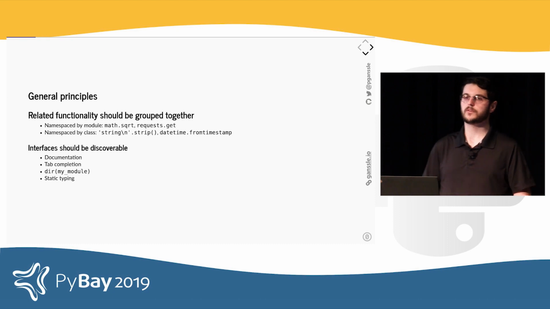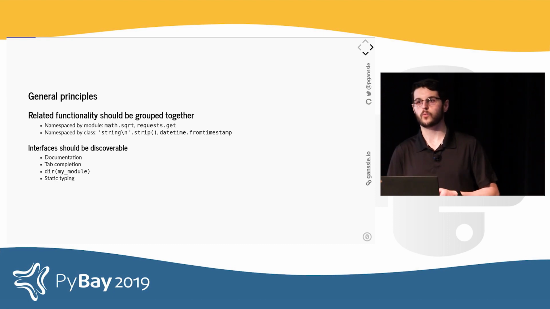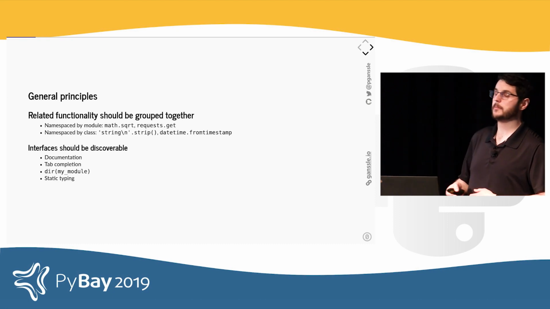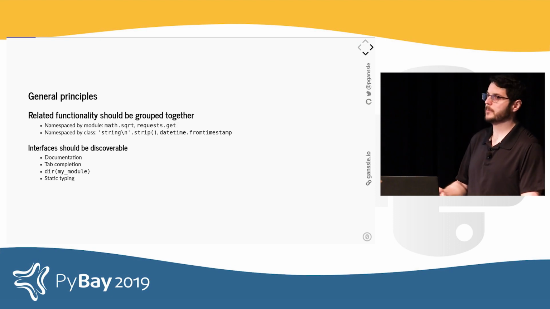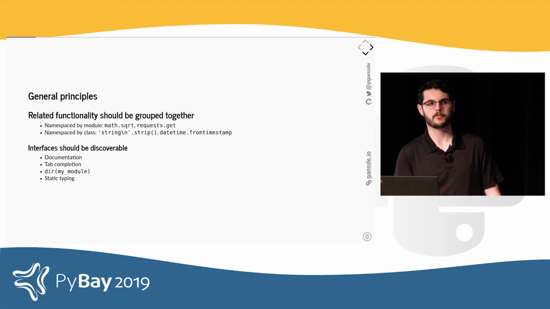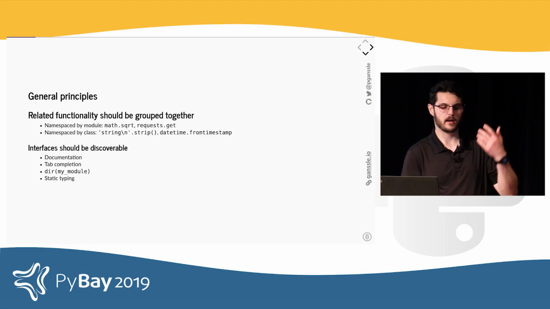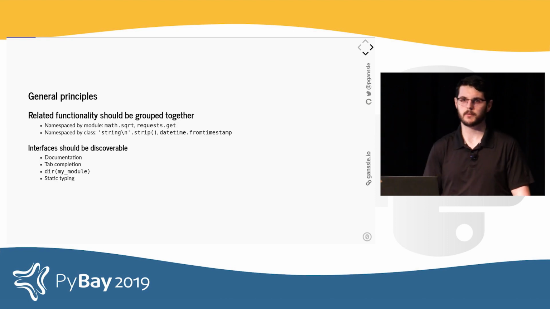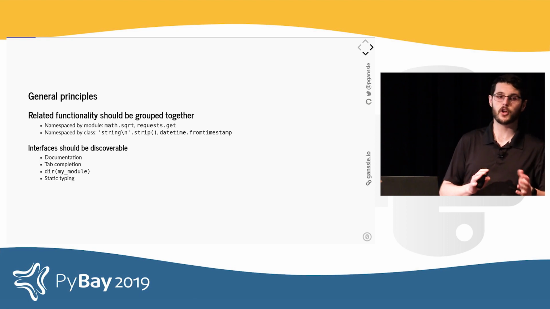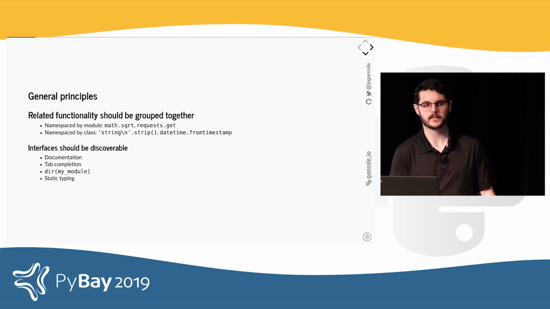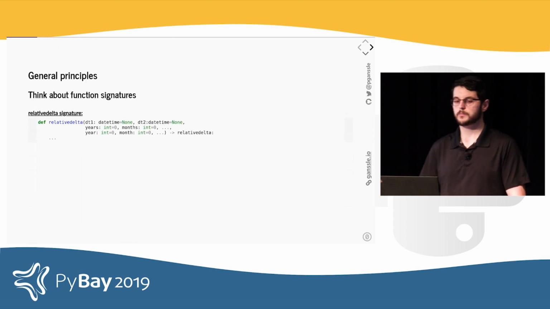This is one reason to namespace things, right? You want them to be discoverable in the way that people are actually going to be discovering these things. Additionally, and increasingly, people are going to be using static typing information to try and figure out what you do with a function, right? So you look at a function and you say, oh, this thing takes a string and an integer, and it gives you back some sort of a token or something. It's like, OK, I kind of know what I have to pass into it, which brings us to the next